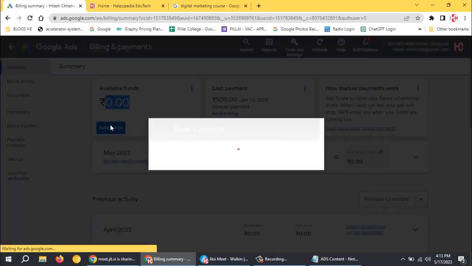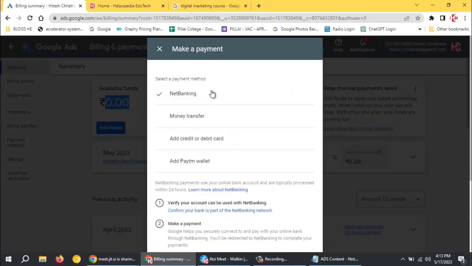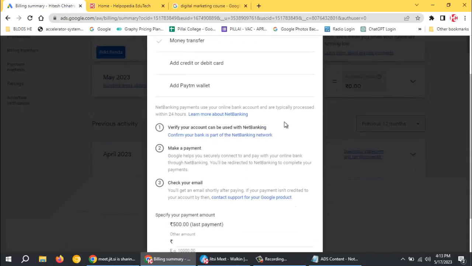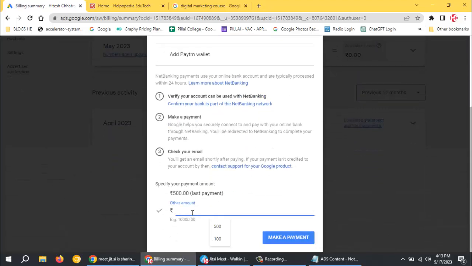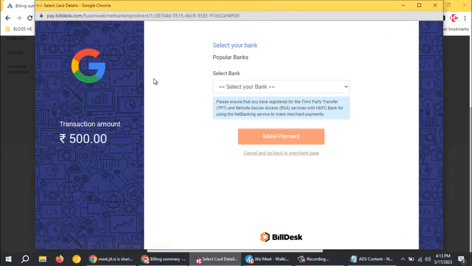and then there are various methods you can use to make the payment. We have net banking, money transfer, credit card or debit card, or add Paytm wallet. So you can select any of the options, and you can select how much amount you want to upload. Maybe you can upload a minimum of 500, and then you can click on make payment. Once you click on make payment, it will take you to the desired banking page. So since I have selected